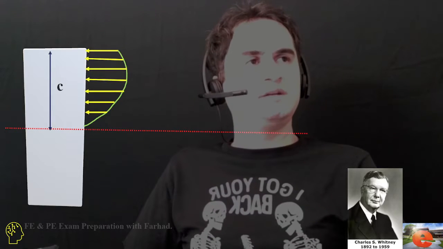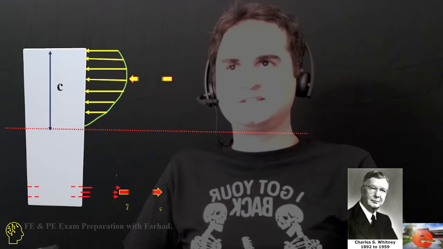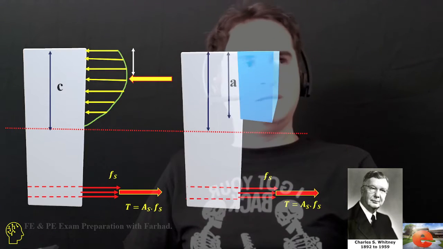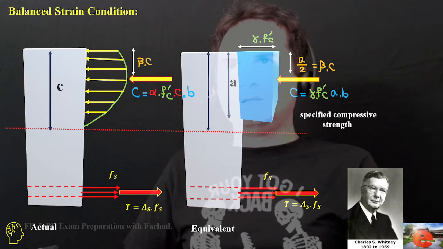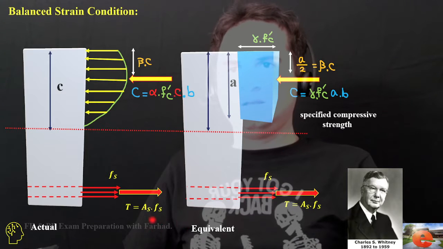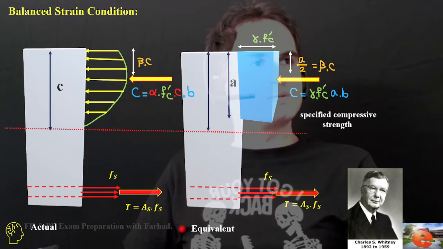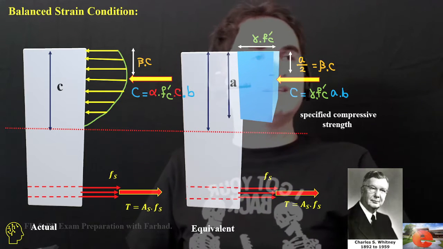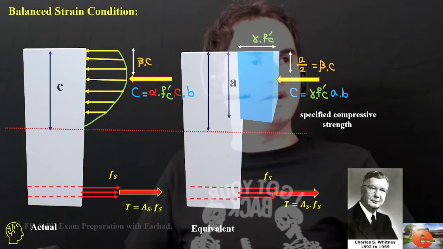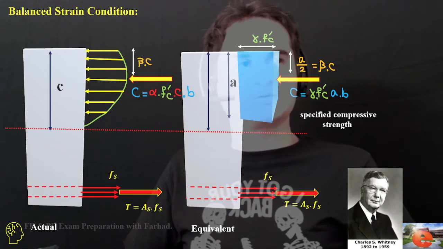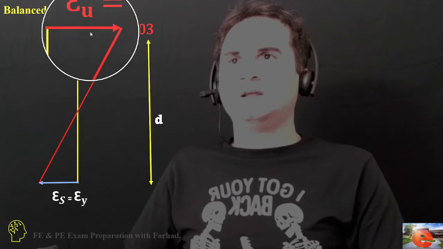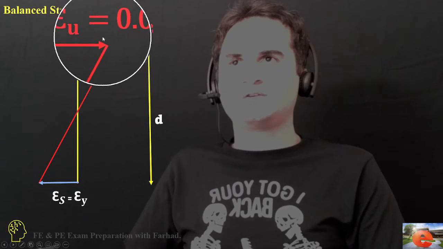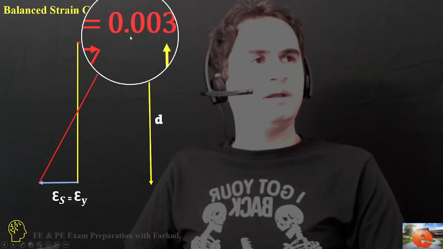If you recall, we need an equivalent block of stress distribution. In the balanced situation, we have a condition in which Fs goes to Fy. So the tensile rebars go to yield when the compressive concrete goes all the way to its ultimate condition. Again, when epsilon u, the compressive part of the concrete goes to maximum compression